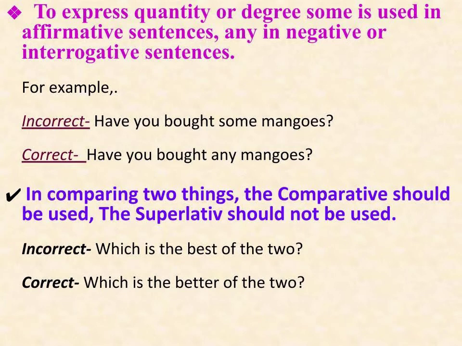In comparing two things, the comparative should be used, not the superlative degree. So degrees of comparison is what they are saying here. Which is the best of the two? There are only two. So what will come? Comparative degree will come. Which is the better? The better will come, take note. Which is the better of the two. So this mainly comes in FAQs. So keep it in mind. Which is the best will not come, which is the better of the two. Before the better, why does the come before a comparative degree? Because we are defining. That's why some exemptions will always be there. So keep those exemptions in mind. So which is the better of the two.